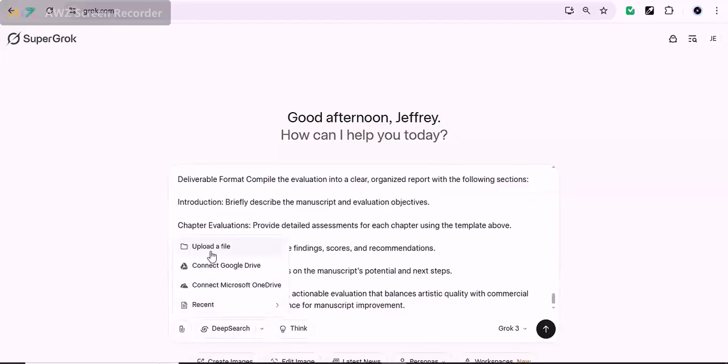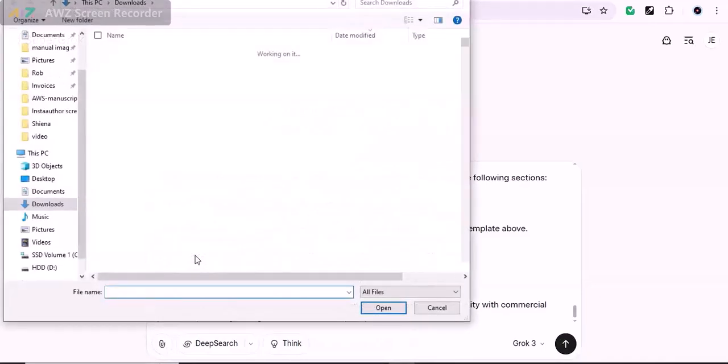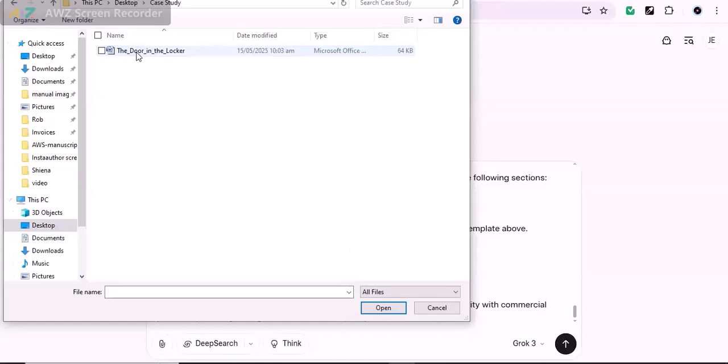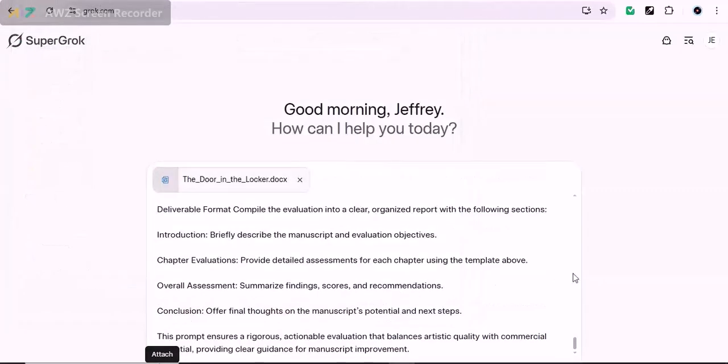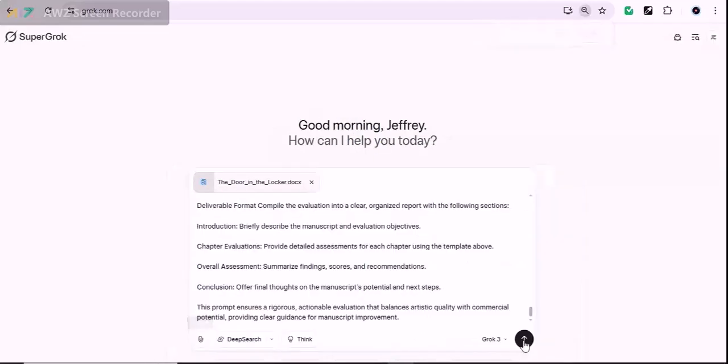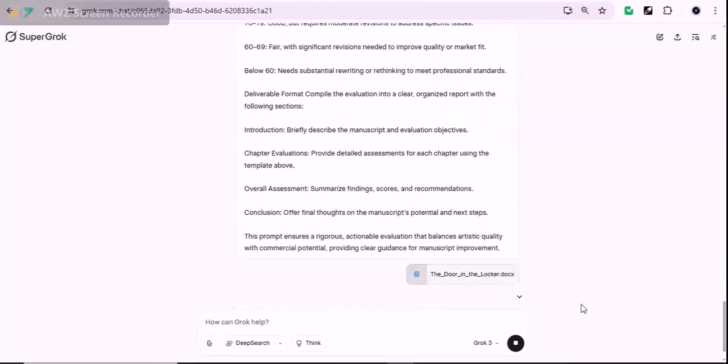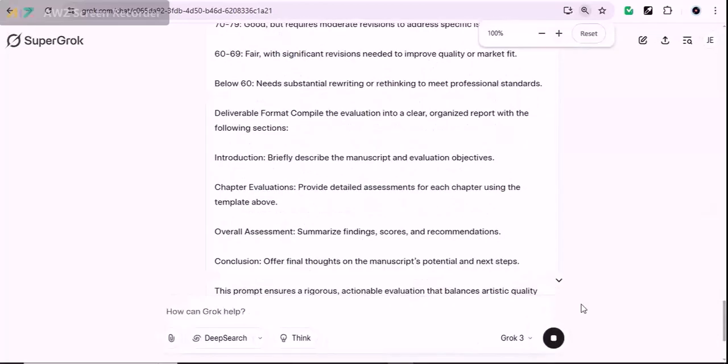I'll click Upload a File, navigate to the desktop into our case study folder, and select The Door in the Locker.docx, our fictional manuscript. With the manuscript attached to our detailed prompt, let's send it to SuperGrok and let it begin processing. SuperGrok is now working on it, analyzing both the prompt's instructions and the content of the attached fictional